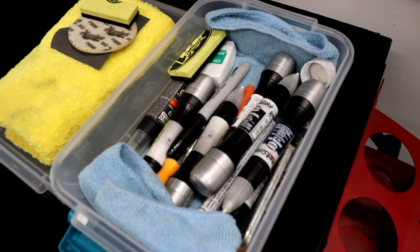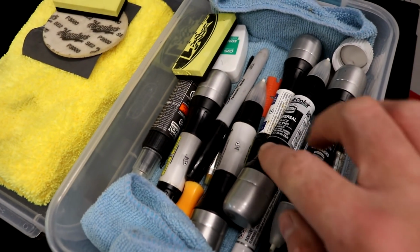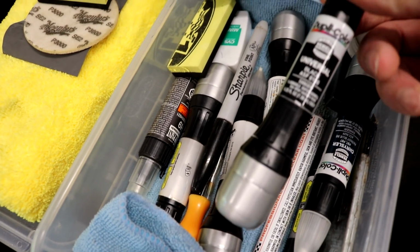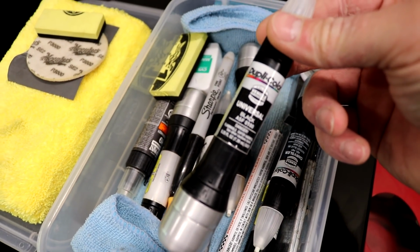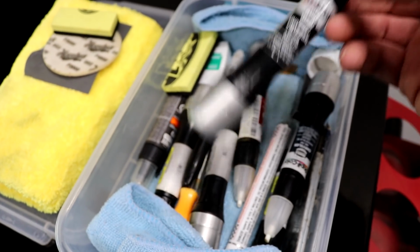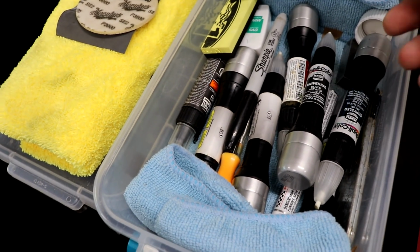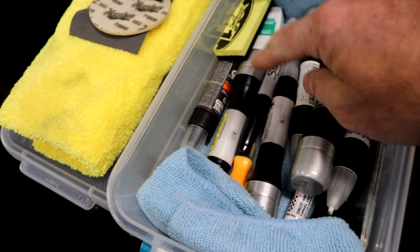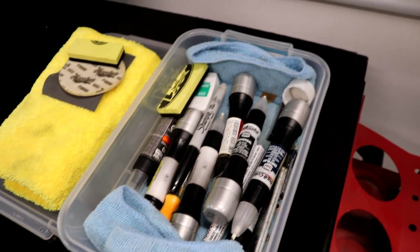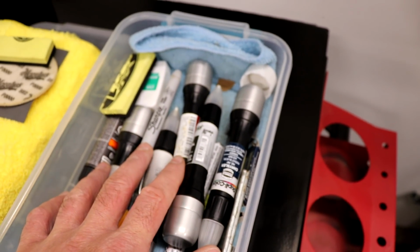So guys, here's my little kit that I use for paint touch-up and minor wet sanding. I have a couple of different paint touch-ups in here. I've just kind of collected throughout the years. Universal black. You can't go wrong with universal black. Get this and just have it there anyway. I also have like a universal white in here. I have a metallic blue, a silver color, a dark silver color, kind of generic ones that you encounter a lot. So just pick up a bunch of these pens and keep them in a little kit like this with,